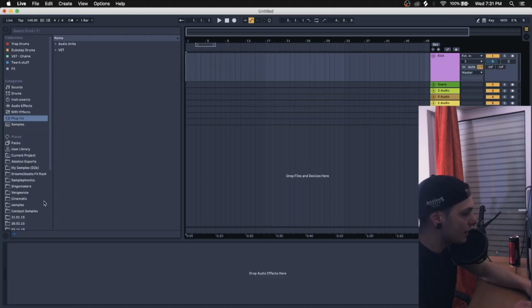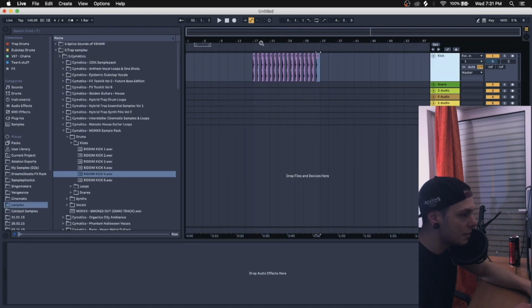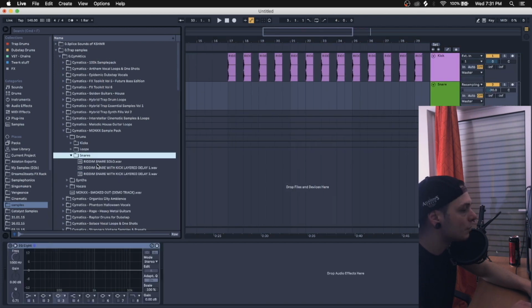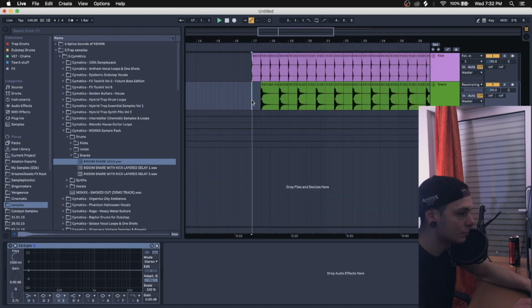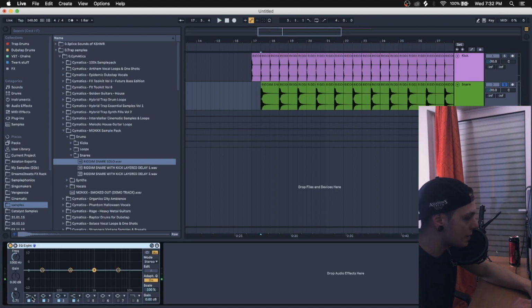Well, the first thing that I want is a kick, so that's our kick. Then I'm gonna need a snare. Then what we want to do is use a little bit of EQ on this snare. Actually not a little bit, but